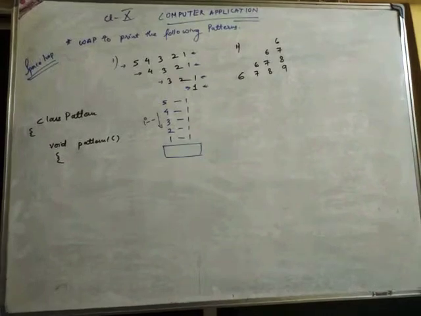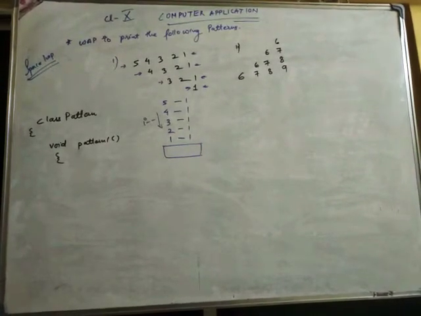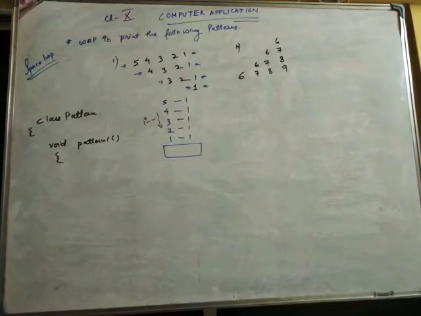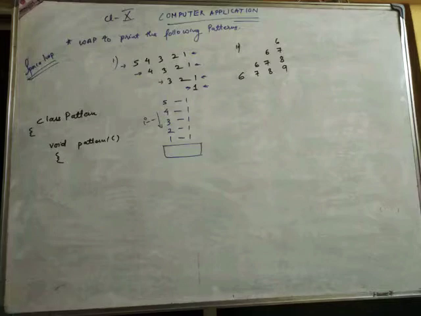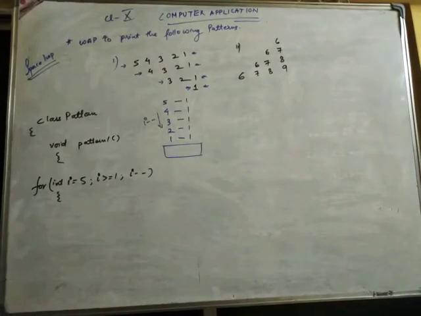So seeing this one, we made the table. From the left and right side, if you see, 5 is there, 1 is there in the first line. Next line we have 4 and 1, next line 3 and 1, then 2 and 1, and then 1 and 1. Clear? With the two columns we'll see which column is changing, that will denote the I loop. From top to down it is decreasing, so I minus minus. So you get I equals 5, I greater than or equal to 1, and I minus minus.